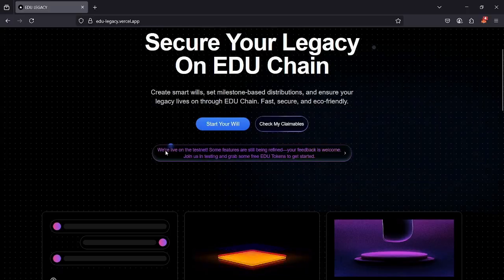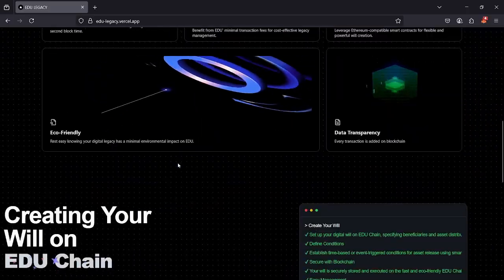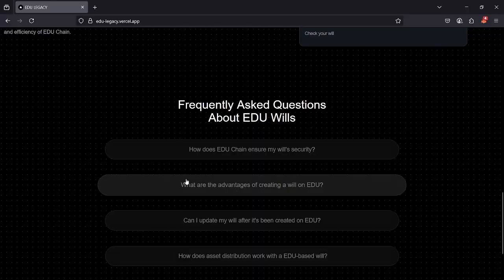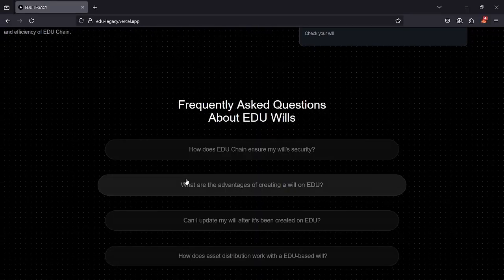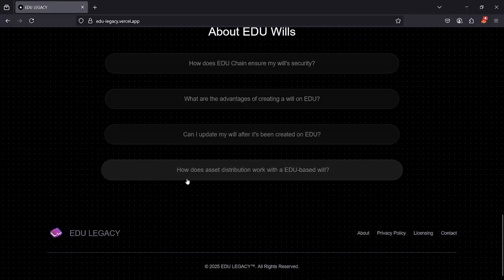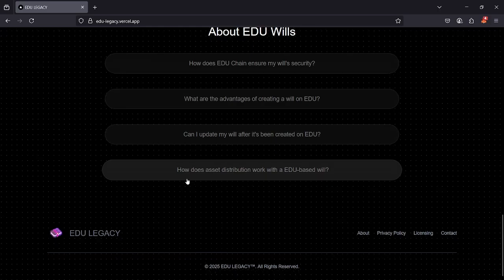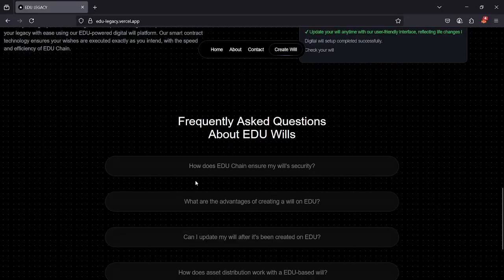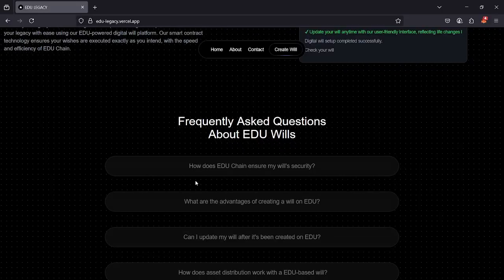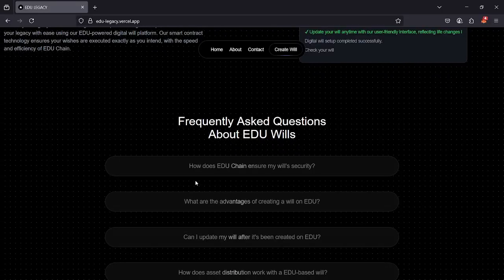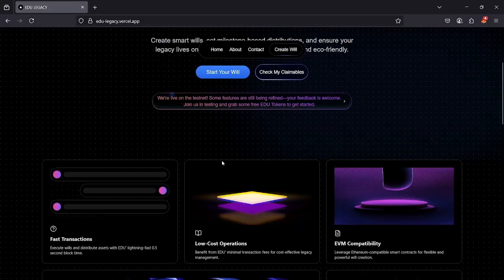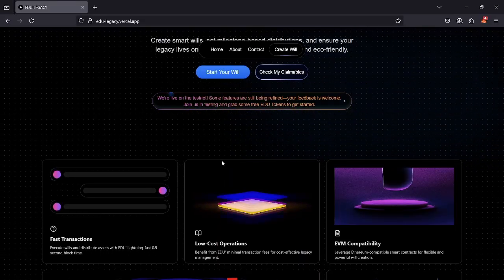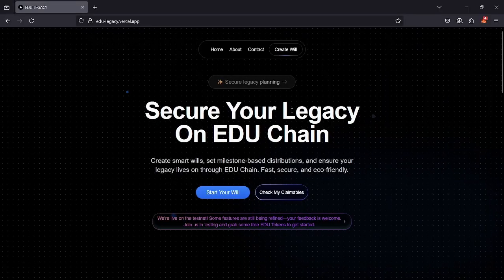Now, Edu Legacy at its current state is a web application, as you can see here. So it lets us create and define smart wills. Now, these smart wills contain a beneficiary's address, some metadata on the terms, and a certain amount of tokens which need to be deposited for that particular will, all up to the benefactor, that is, to set up the will. So I'll show you